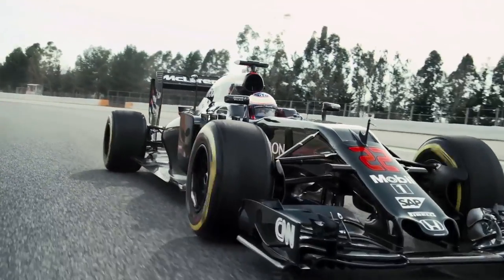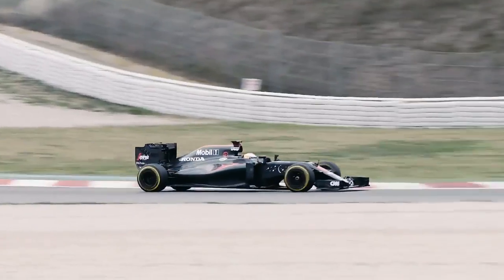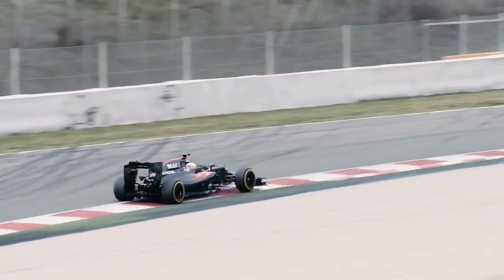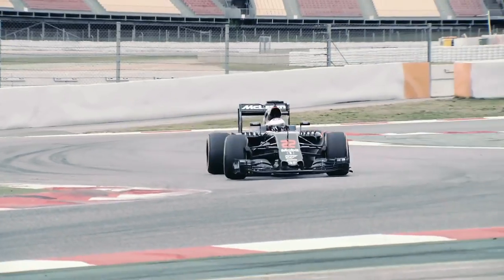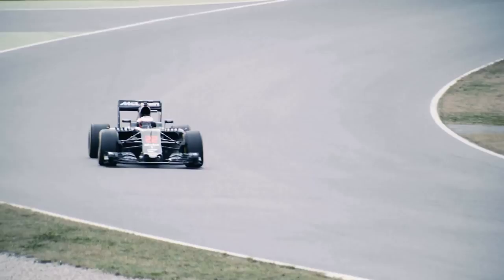A lot of the car, particularly all the suspension nuts and bolts and wishbones and stuff, it's all lifed. Because the parts are so highly stressed and we don't really want to be carrying excess weight around, we run parts closer to the tolerance in terms of their fatigue strength than you would normally on a road car, for example. That's okay, providing you're really in control of the parts, so you need to know exactly what they've done,